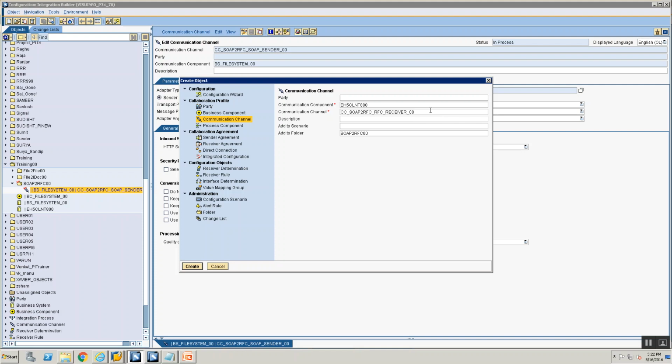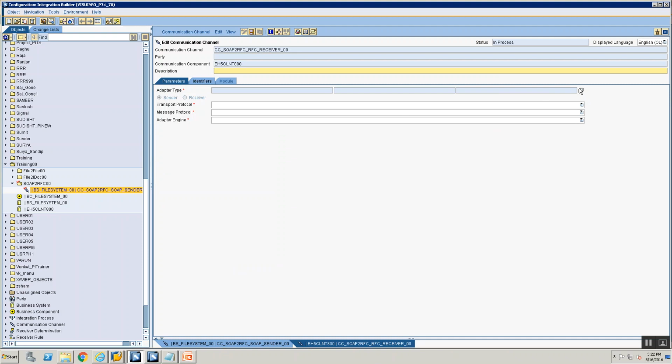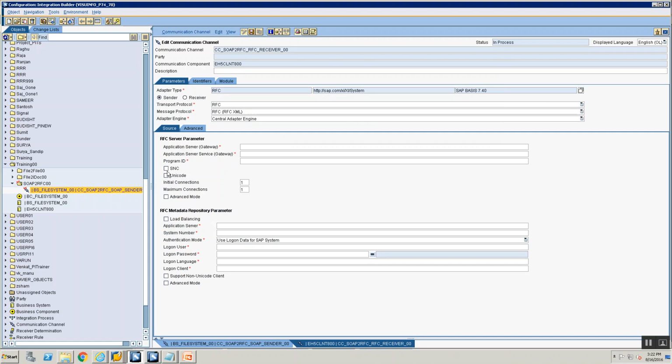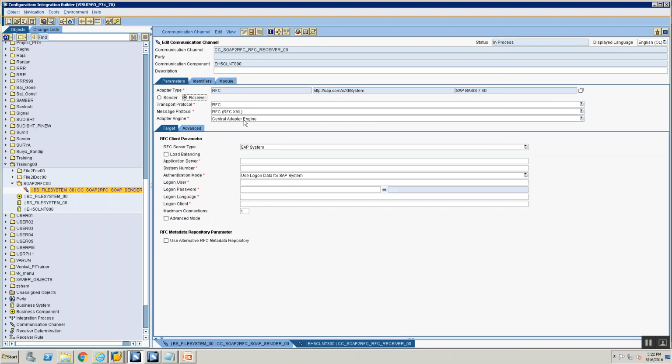So the idea here is your receiver system is ECC, so make sure your receiver business system is pointing to EH5 client 800, which is my ECC business system, and make sure that you're creating an RFC receiver communication channel. Okay, in the adapter type, select RFC, say apply, make sure that the direction is receiver.